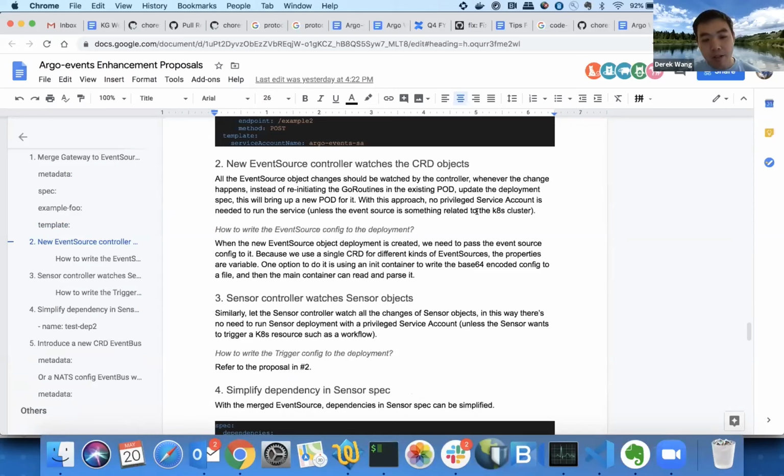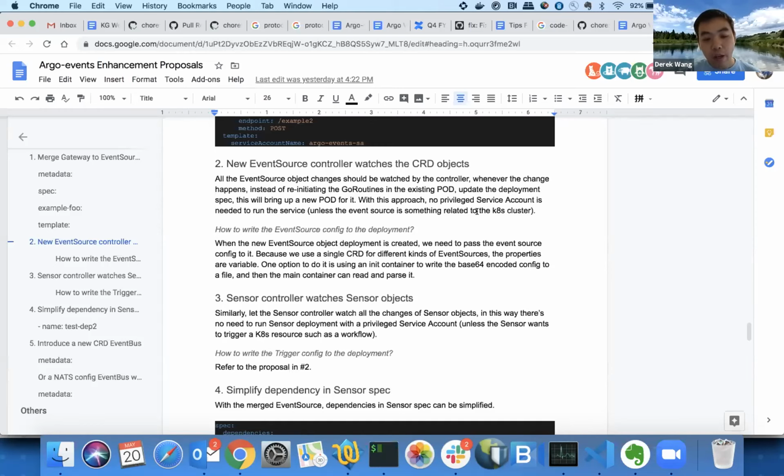Even if your event source is a webhook type event source, which doesn't need to access the Kubernetes cluster, you also need the service account for that. A sensor is the same thing. If you only want to trigger an HTTP endpoint, you also need a service account to do that. And that service account needs to have some permissions to listen to event source, gateway, and sensor. That's inconvenient for the user, and it's not secure.